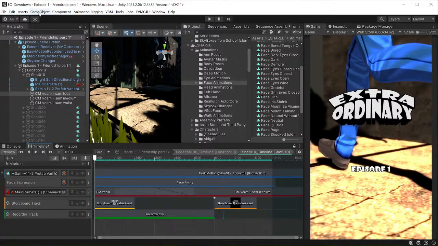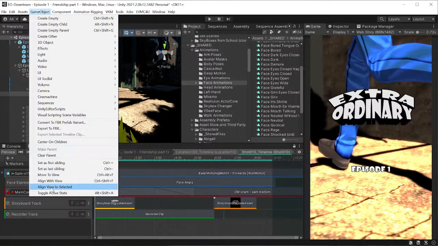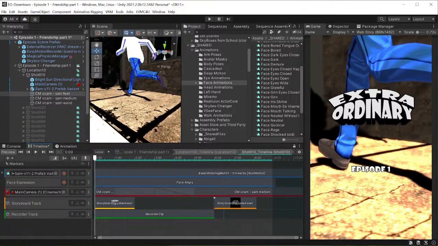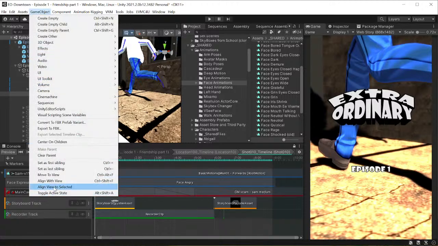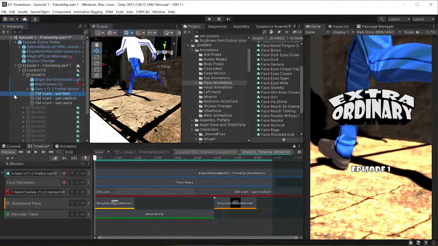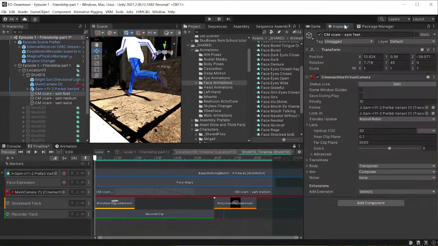Let's try that again, because I just moved things around. Game object, align view to selected. And so here is VCAM 1. That's a quick way, through game object, align view to selected, you can see what a camera is actually looking at. If I come over into the inspector here, it's got a follow of Sam, the character. It's also looking at Sam, and then there are